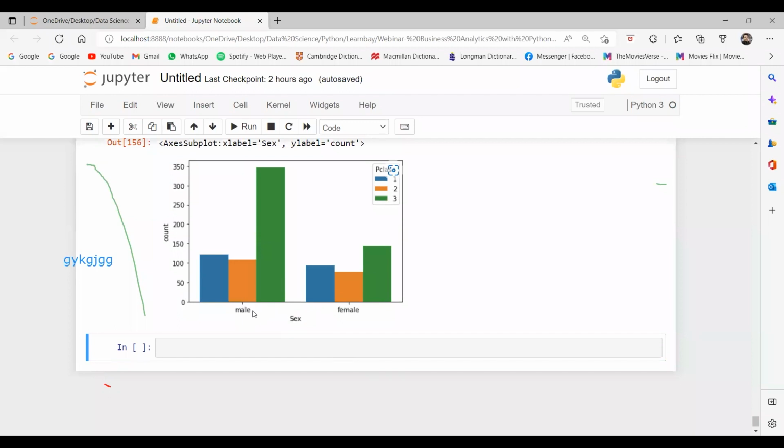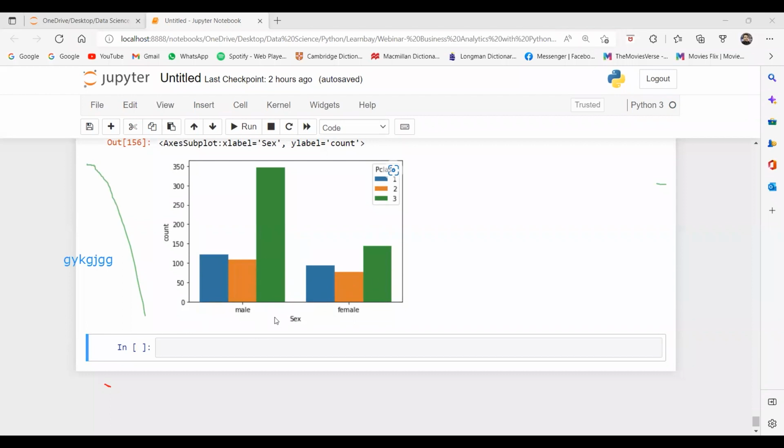Most of the males are traveling in class 3. Can we analyze with this? In class 2 and class 1, there are almost equal numbers of male passengers. If we talk about females, there is not a very big difference in the classes.